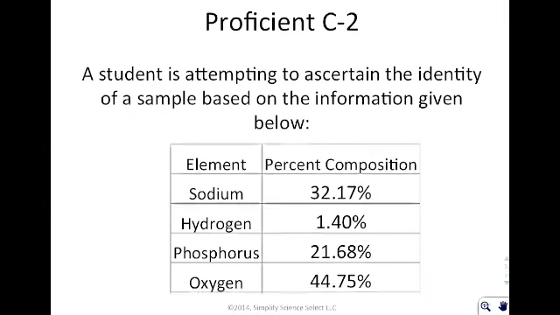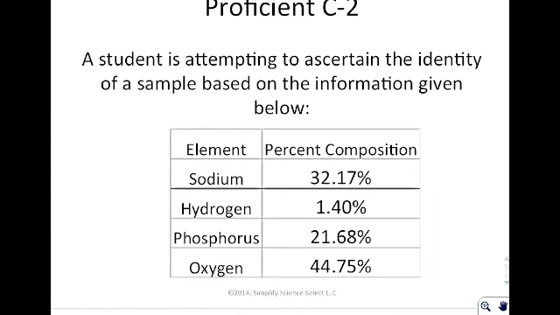Okay, next it says a student is attempting to ascertain the identity of a sample based on the information below. And then you have this information, and it wants us to say, what is the empirical formula for this particular substance? So remember, we change all these to grams. The next step is to divide by the molar mass. So we divide sodium by 23, hydrogen by 1, phosphorus by 31, and oxygen by 16. When we do that, we get a value of about 1.4